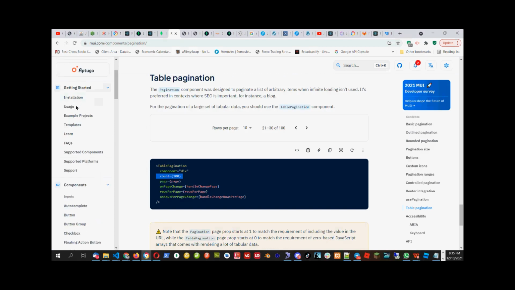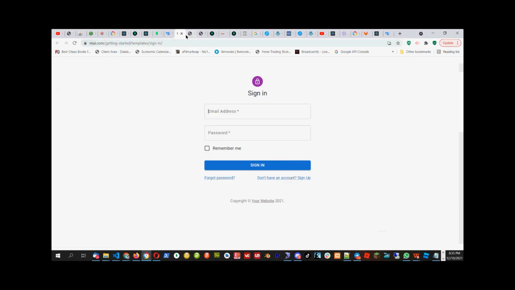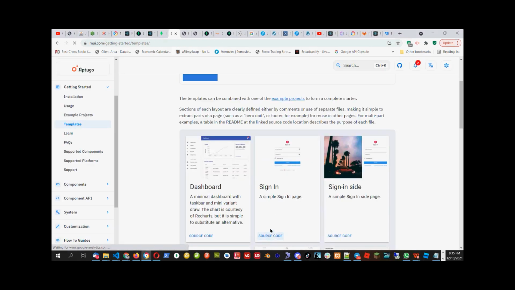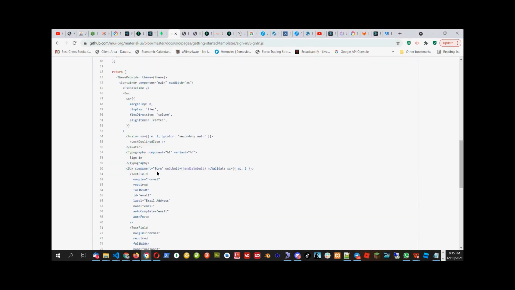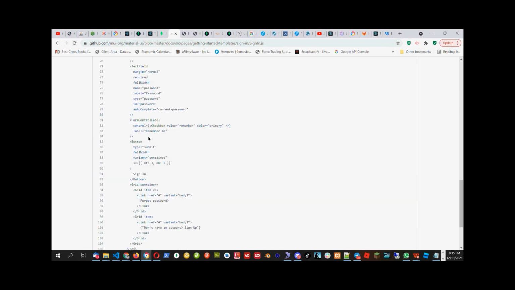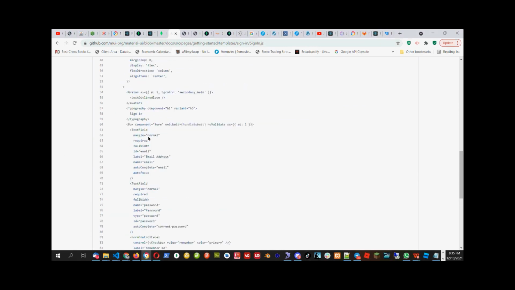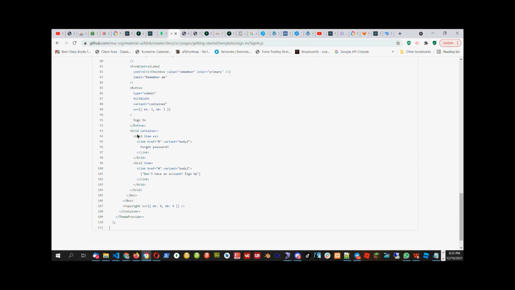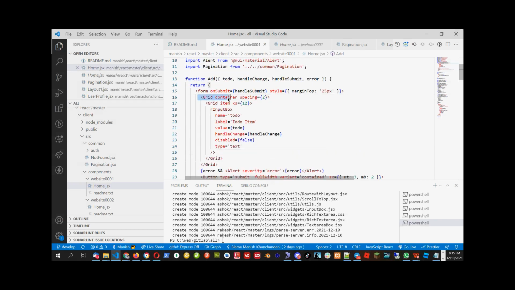So we have these example templates. In the templates, you can go to the sign in page. Sorry, you have to go to the sign in source page and SignIn.jsx. So you can grab the grid part here. Okay, we got the grid part. No, we did not get the grid part from here, right? Yeah, we got the grid part from here, but not the one. How did I get the grid part here? Let me remember. When I gave you this grid part,